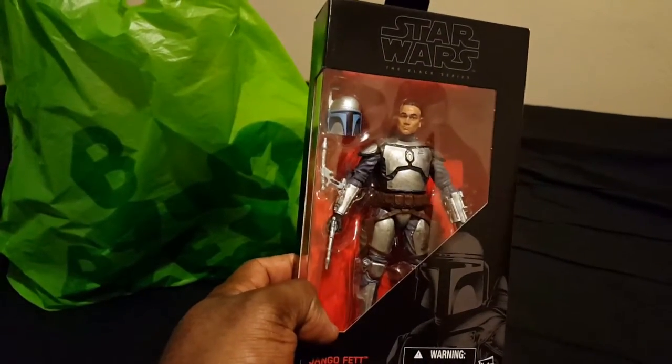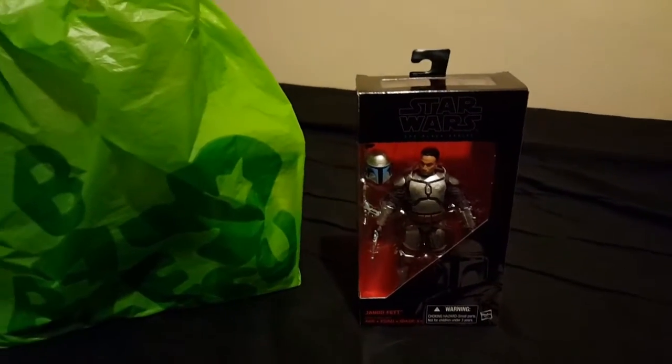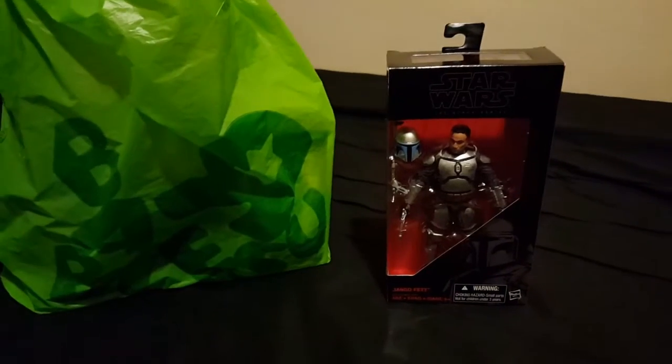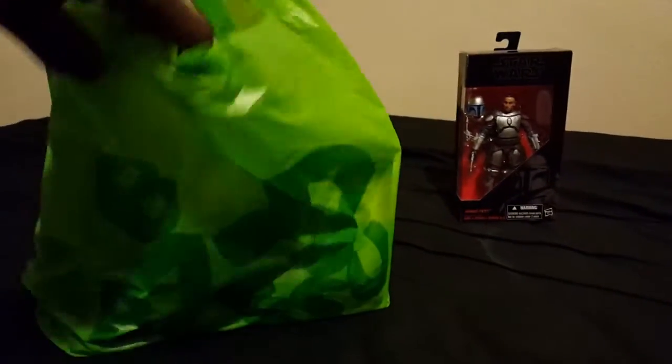When I looked them up, actually I looked them up ahead of time, even before that, and realized what they were going for. And I wasn't giving in to scalpers. So I waited, and yeah. So still don't have Captain Phasma, but I got Jango. So there he is. Next up is...